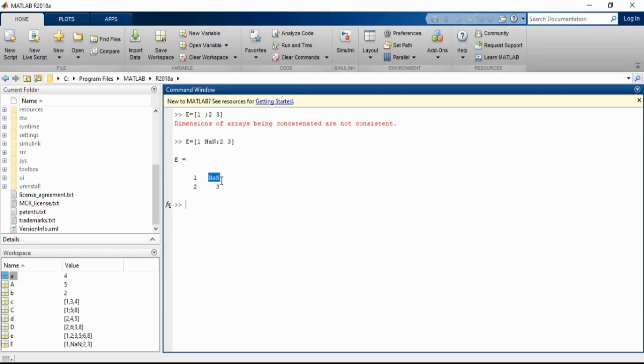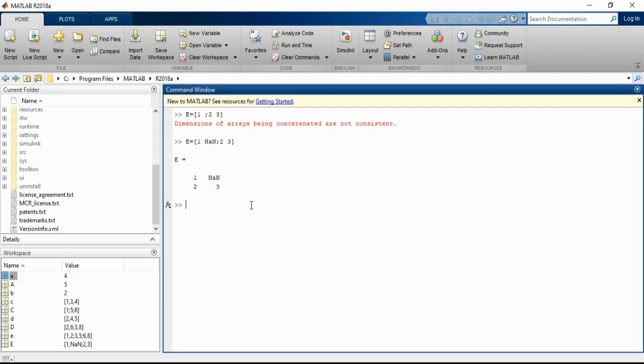Now you can see it will simply create the data without the number. NaN is nothing but not a number. Not a number means there is no number in that particular place in that matrix. So in that matrix we have only how many values? Only 3 values. So the other value is not a number. So like this you can create matrices also without the numbers or without the values in that particular place.